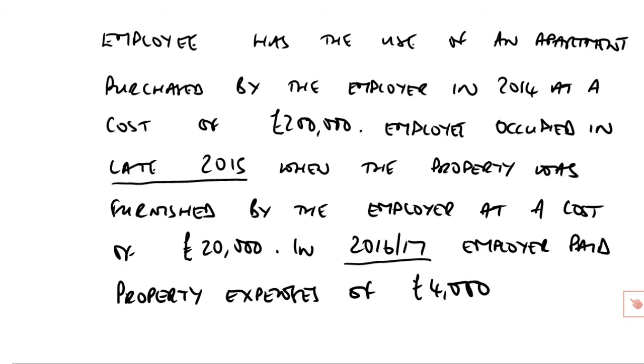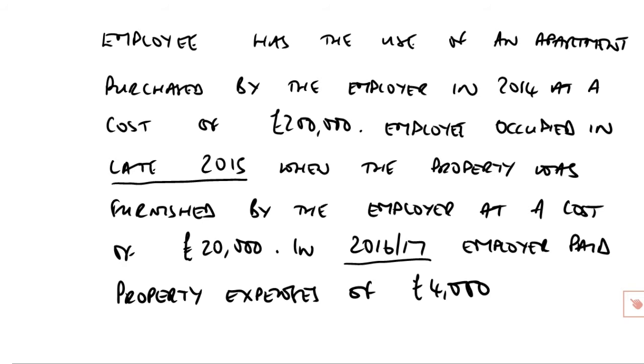If, for example, you were told that the individual employee had taken up occupation of this apartment on the 1st of July 2016, had occupied from the 1st of July 16, that would be part way in to the 16-17 tax year. So for how many months of the tax year had the benefit been provided? From 1st of July 16 to 5th of April 17, that would only be 9 months. So once we have computed the overall benefit, we will take 9/12 of that as the taxable benefit for the